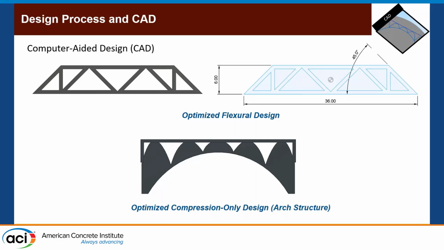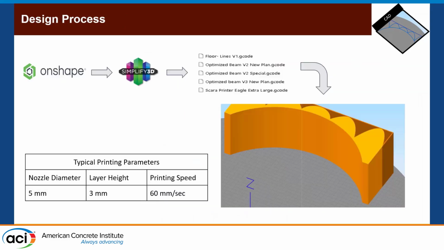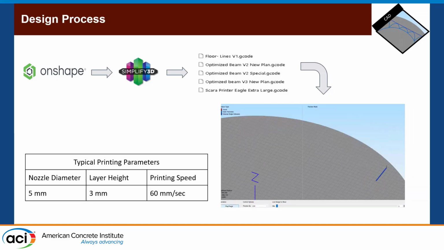And we also have tension and compression structures where you have to have reinforcement. So this is one example of an optimized truss-like structure. I don't know if this can work. Yeah, so we used Onshape or Fusion 360 to do the 3D model. We use Simplify3D to slice it. And as you can see here, one of the structures that we have, and the slicing and the speeds that